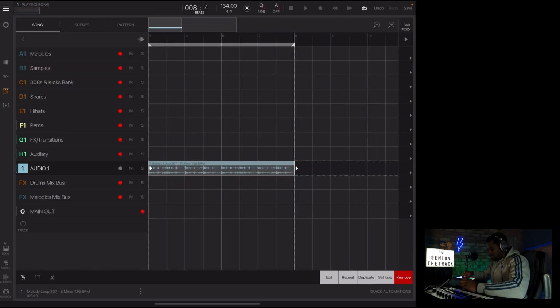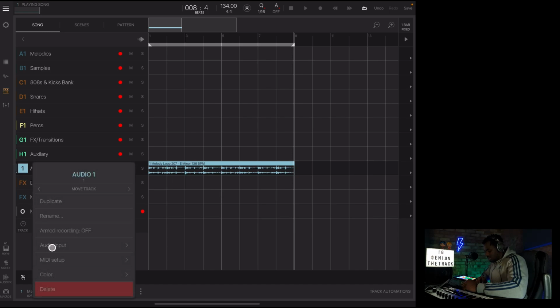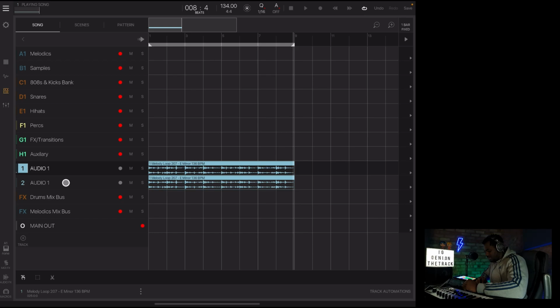Now, I did say I want to use the first section of the loop as well, where it's got the flutes in. So a simple way to do that, if I tap and hold on the audio track, I can duplicate that. It duplicates the track and it duplicates the sample that falls within it. And if I double tap on the sample file of the second audio track,